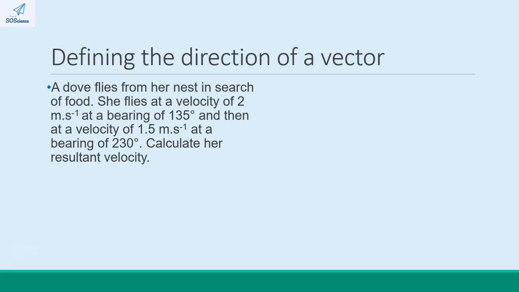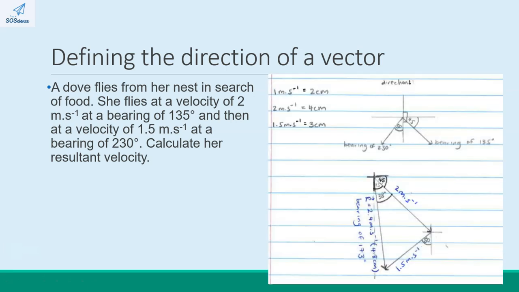Let's now look at the last example. A dove flies from her nest in search of food. She flies at a velocity of 2 meters per second at a bearing of 135 degrees, and then at a velocity of 1.5 meters per second at a bearing of 230 degrees. Calculate her resultant velocity. So the first thing we need to do is choose a scale, and I have chosen